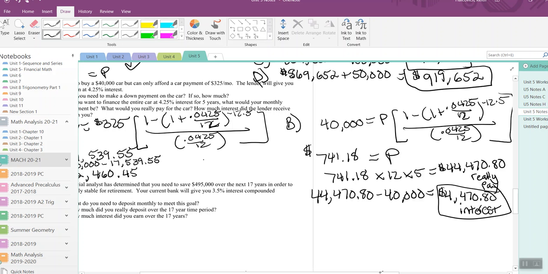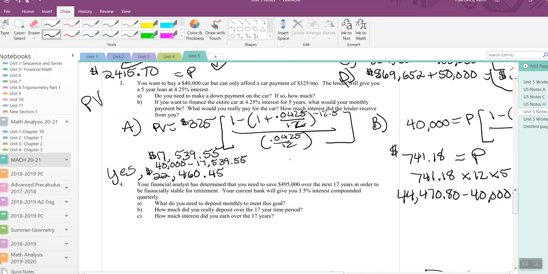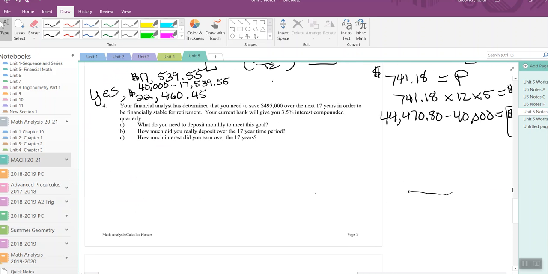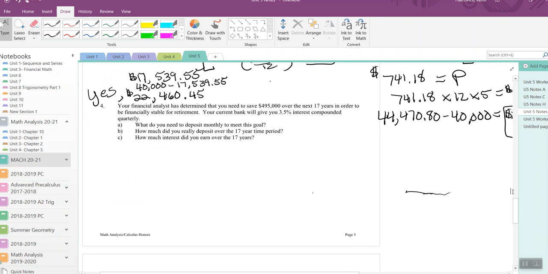All right, and number 4. Number 4 says your financial analyst has determined that you need to save $495,000 over the next 17 years in order to be financially stable for retirement. Your current bank will give you 3.5% interest compounded quarterly. What do you need to deposit monthly to meet this goal? Well, part A,